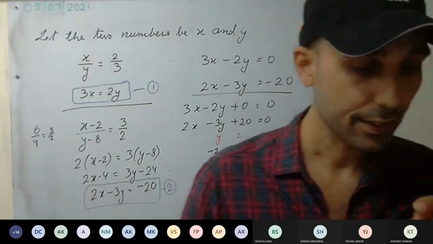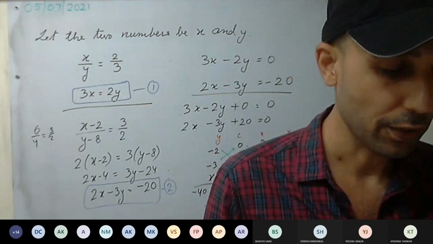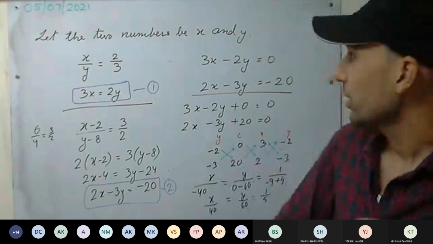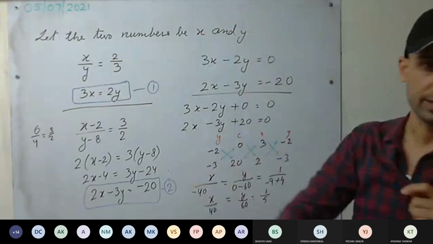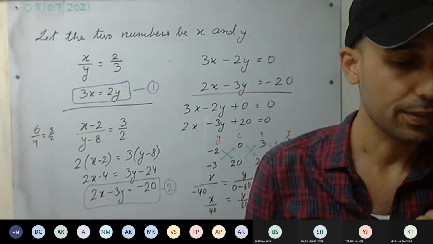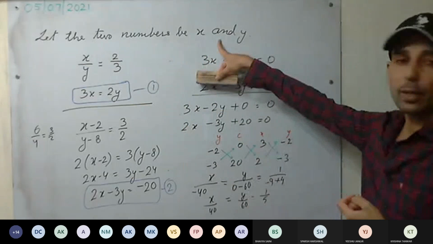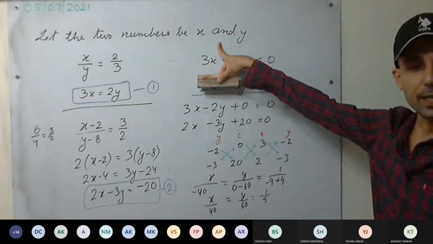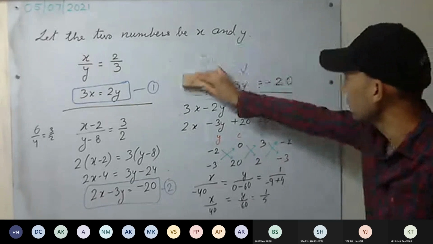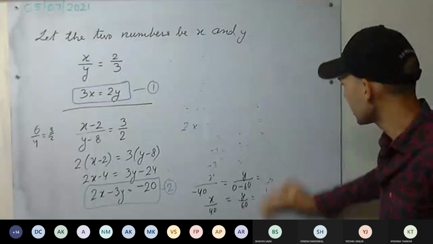Two numbers are in the ratio 4:7. If thrice the larger be added to twice the smaller, the sum is 59. Find the numbers. So we'll assume the two numbers to be x and y. We have to find two numbers which are in the ratio 4:7. So let the two numbers be x and y. You can take a and b as well, p and q, l and m, m and n as well. That's up to you. I like x and y the most, so I usually take x and y.